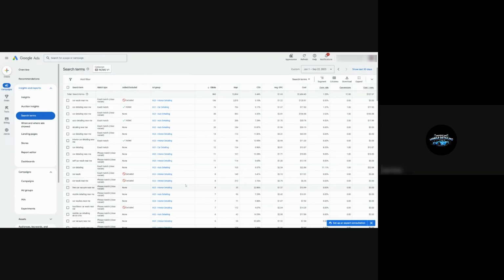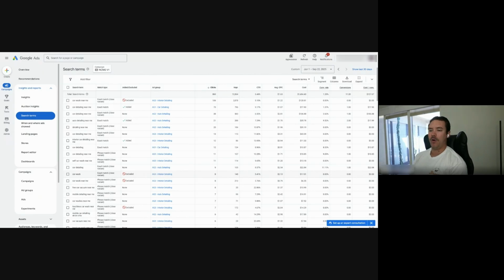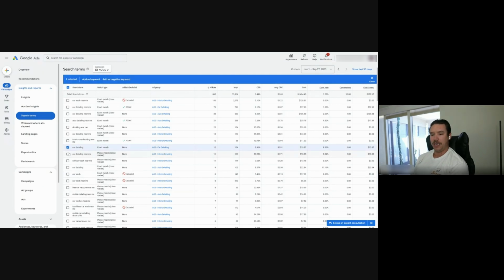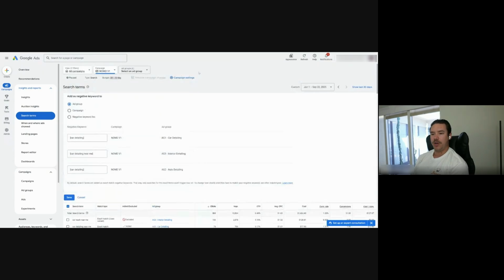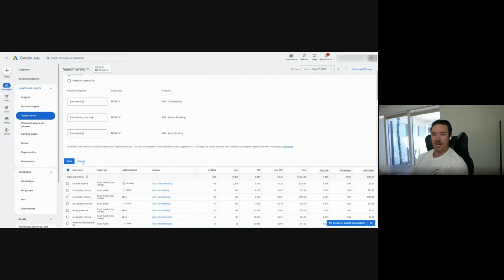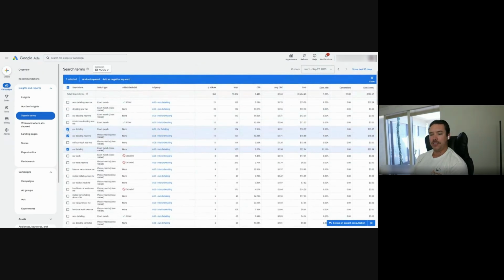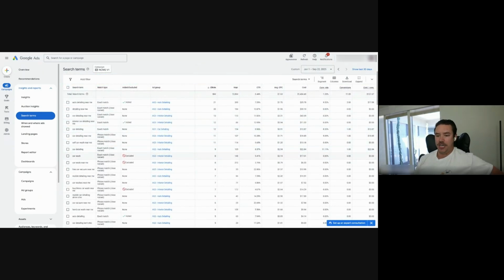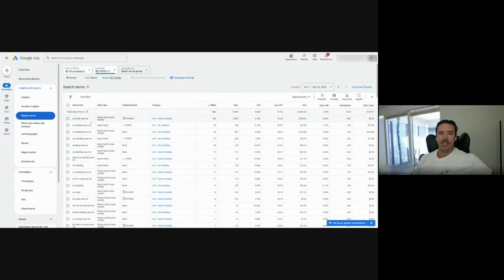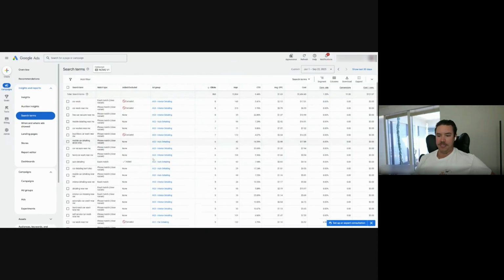And if this is something where no matter what, we don't do car wash at all, you can make the word wash a negative broad match keyword. Then it just removes those from the future, right? Because if you click on it like this, it's not going to let me do it because I'm read only, I don't think. But if you do it like this as a broad match, then it's going to stop that keyword from coming up. If keywords that have the word wash in them keep falling through the cracks, you can make the word wash a broad match negative, if that fits your business, of course.